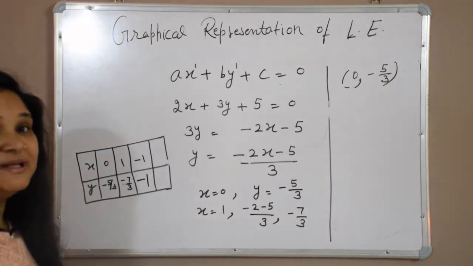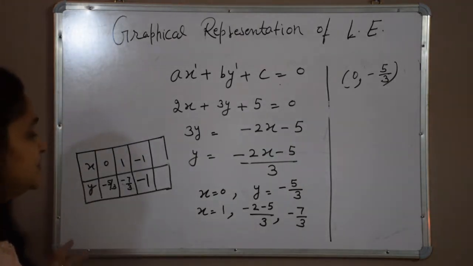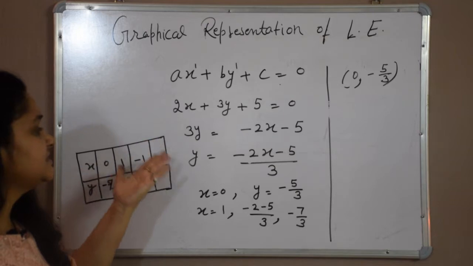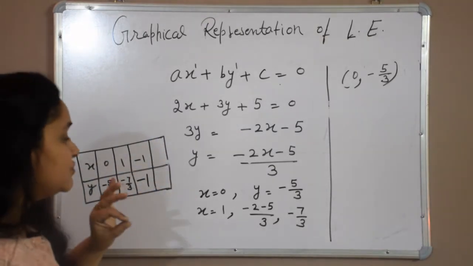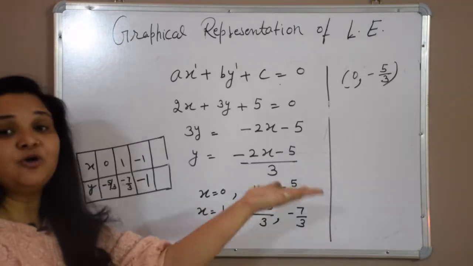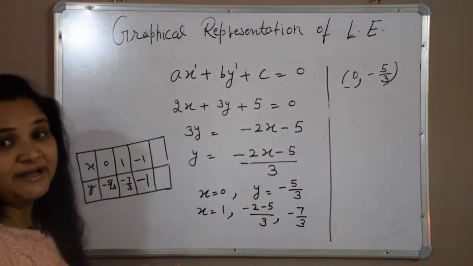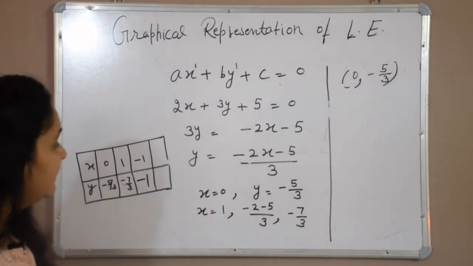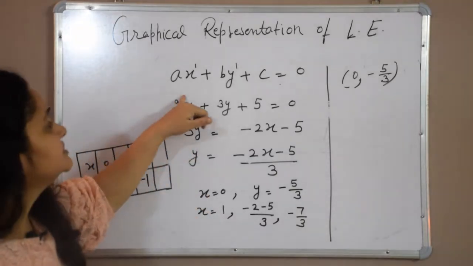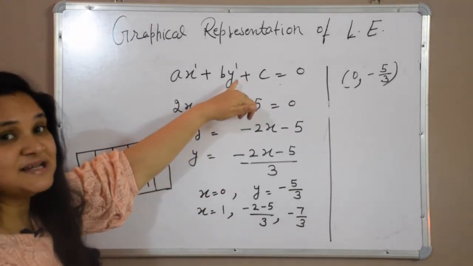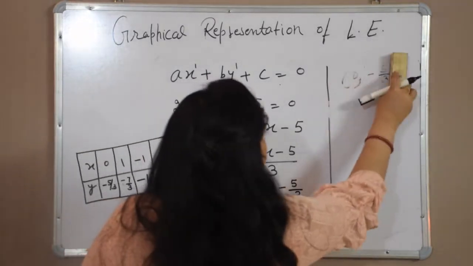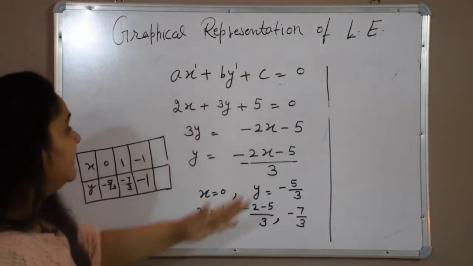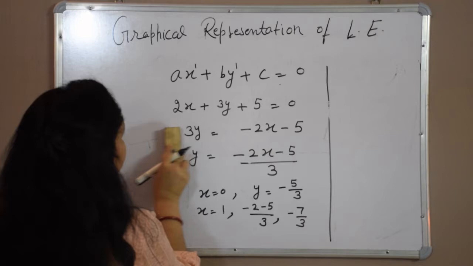How many solutions possible? Infinitely many solutions possible, because there is no restriction of choosing. That is our choice. That is called inspection method also, because there is no restriction. We are choosing x. How many positive numbers? Infinite. How many negative numbers? Infinite. So you can choose infinite positive and negative, and their combinations are infinite. So we can say solutions of a linear equation in two variables are infinite. And every linear equation represents a straight line that I will show how we can plot on a graph.